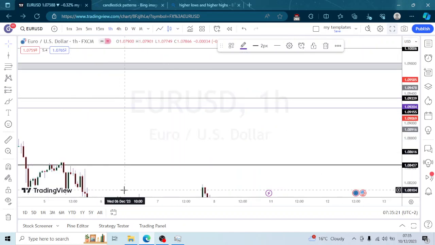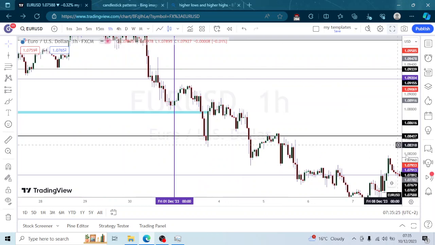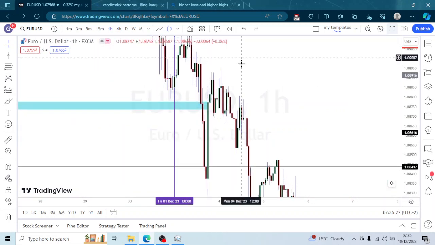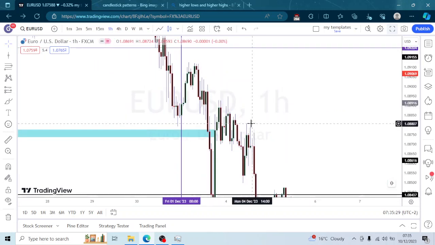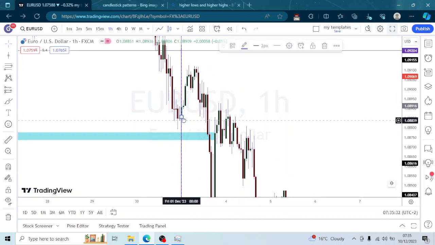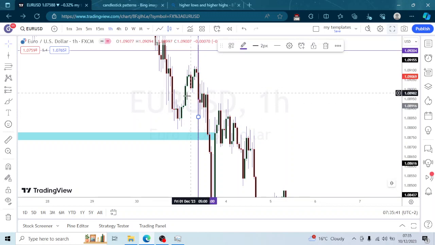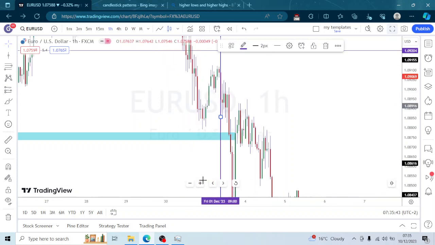Top-down analysis, remember that. What happened on the 1st of December? Remember the sessions as well. I really pay attention to the sessions. But since it's Euro USD, also the London session, most entries will most likely happen during the London session. Let's see, 6 a.m., 7, 8, 9. By 9 a.m., price had already formed a minor trend